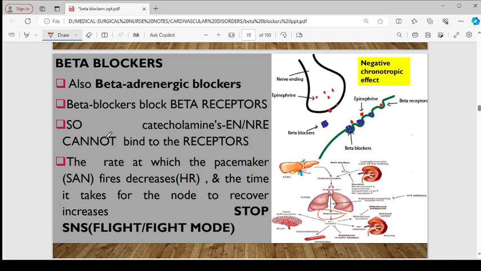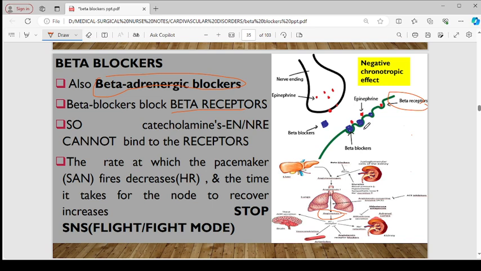Beta blockers are also referred to as beta-adrenergic blockers. They do block beta receptors. Okay, so they block the beta receptors which are here. Once they block, they prevent the catecholamines, that is the epinephrine and norepinephrine, from attaching to these sites, right? To these sites. So beta blockers bind to beta-adrenergic receptors, preventing epinephrine and norepinephrine from occupying these receptor sites on